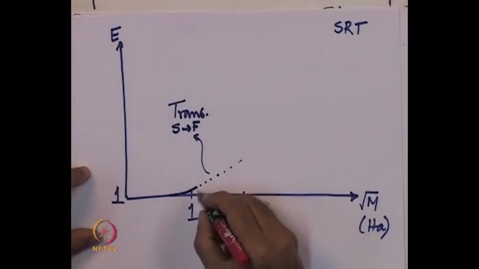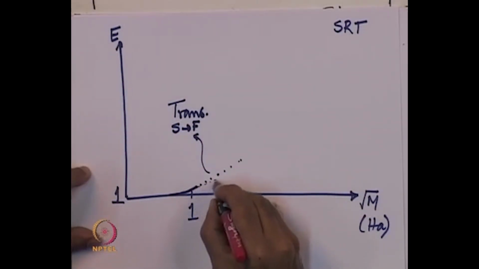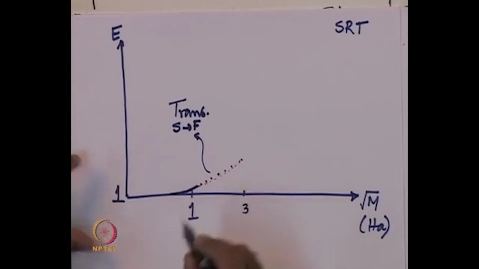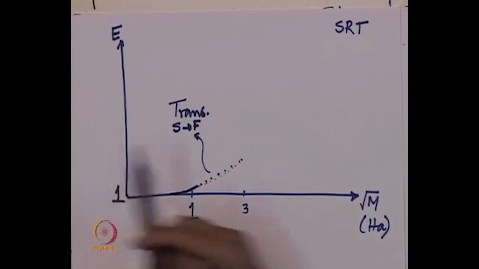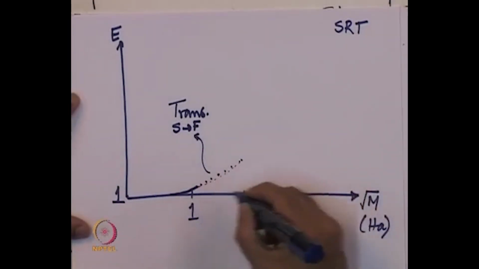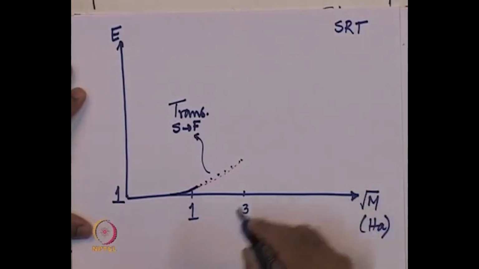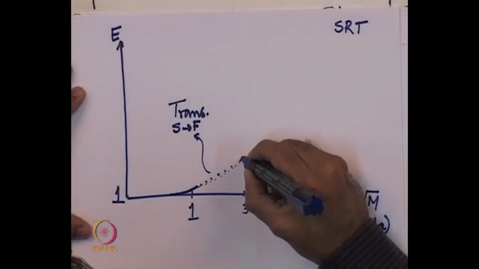So, the film theory asymptote would be here slightly below, but the difference is not much, and as the Hatta number becomes larger and larger, you have